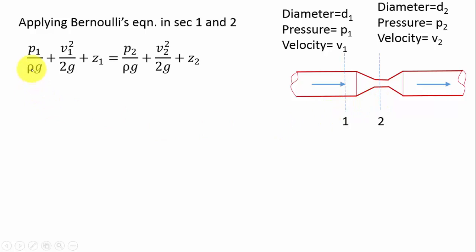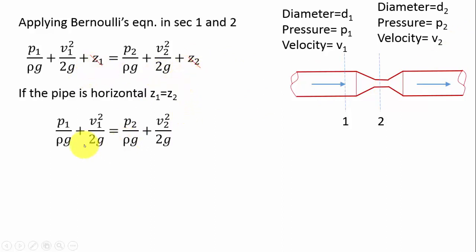We know that Bernoulli's equation has three terms. One is pressure head, velocity head and datum head. So here the pipe is horizontal. So as the pipe is horizontal, the datum head can be cancelled out, because if it is inclined, Z1 and Z2 values will be there. As it is horizontal, this Z1 and Z2 can be cancelled. So as Z term is cancelled, only the pressure term and velocity term is there.